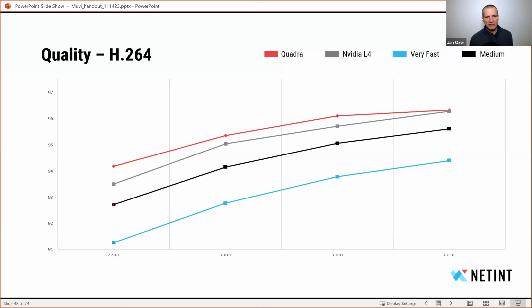So here's the H.264 quality in a rate distortion curve output format. We see the Quadra, in this case in red, is again tops. NVIDIA is second in gray. Very fast is all the way down here, and medium in black is down here. Probably not a huge difference in terms of anything a viewer would notice, but again, it's always nice to be on